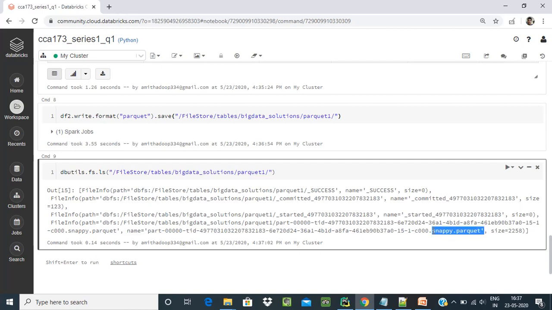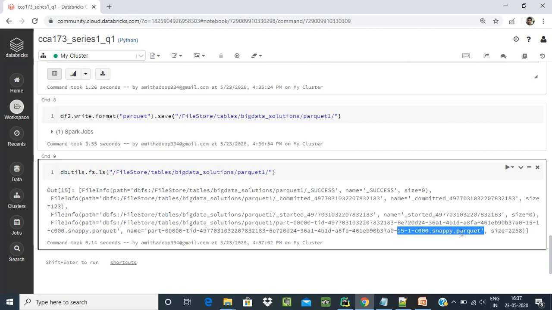See here the snappy.parquet. By default, when Parquet data is written, it supports snappy compression. Snappy is basically a compression type, and the data is stored at that location in snappy compression format. It is like gzip or bzip2, other compressions that compress the data to optimize storage.